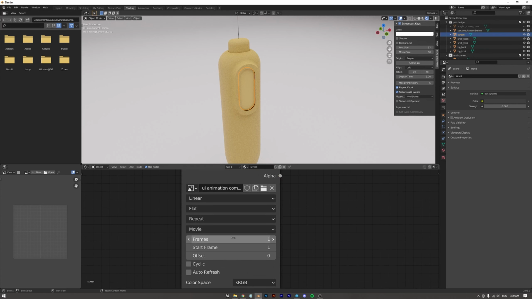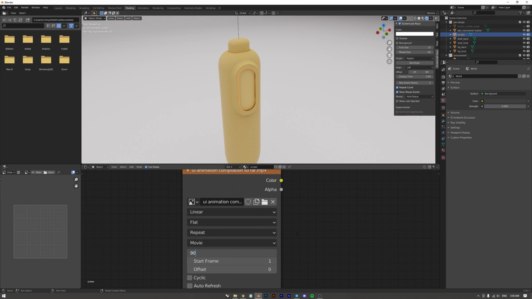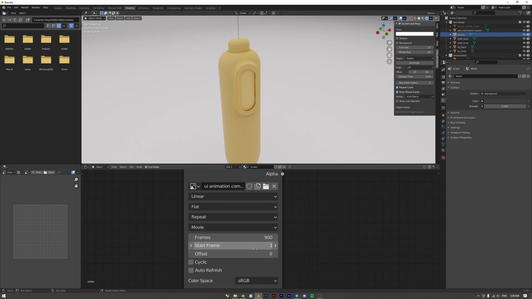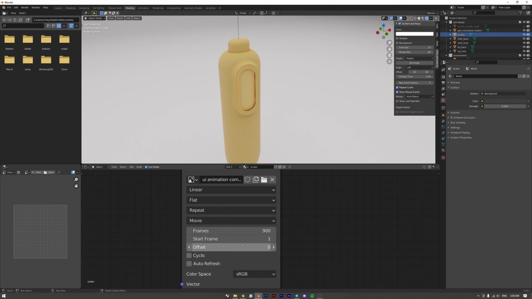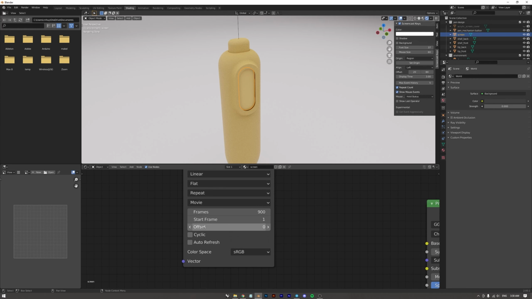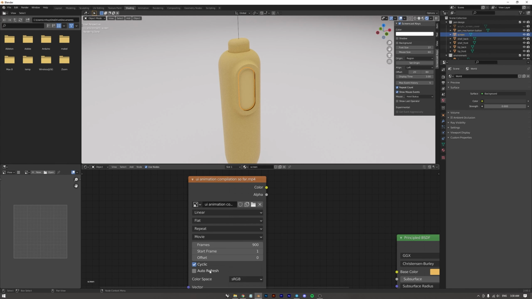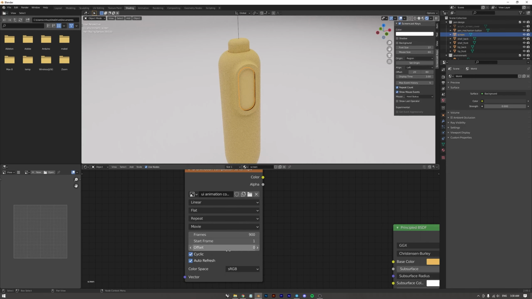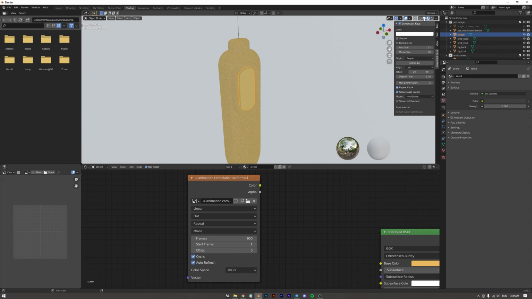I already know that my MP4 file has 900 frames, so if you know the frame size, you should key in as such, and you can determine what the start frame should be. In this case, it's 1, and there's no offset. Essentially, if you want to start at frame 50, you would just offset this by 50, right? It's also important to check the cyclic box, so it's going to cycle through. So when the animation ends, like this video ends, it's going to run again, and also auto refresh, so every frame is different. So this you can now play over here in real time, in the material preview